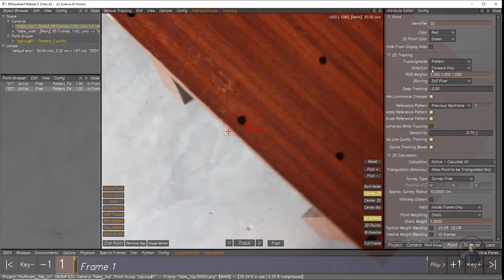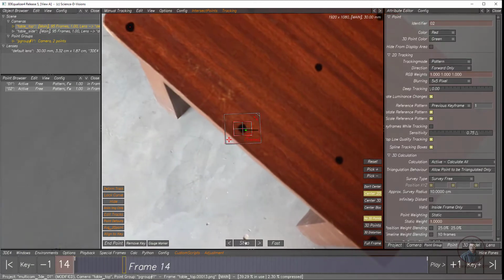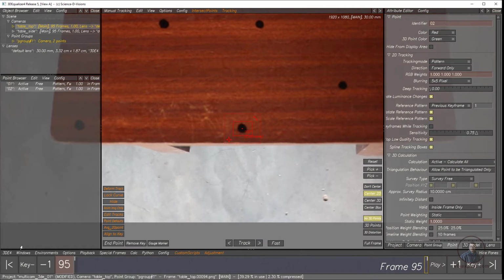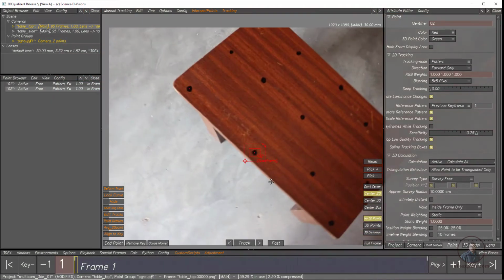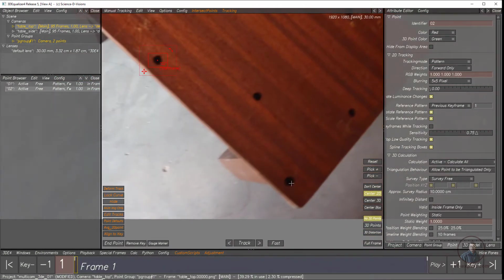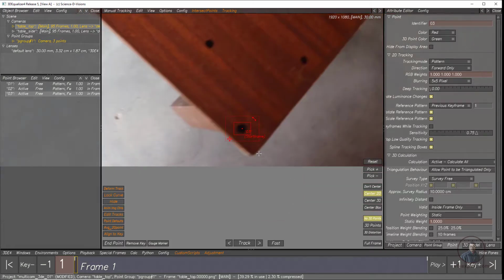These points, if you want, you can track as a marker, but still here I am going to track as a pattern. Okay, then select the second one. Now simply click on track. Like this you have to track all your markers here, then hold control and create a new one.